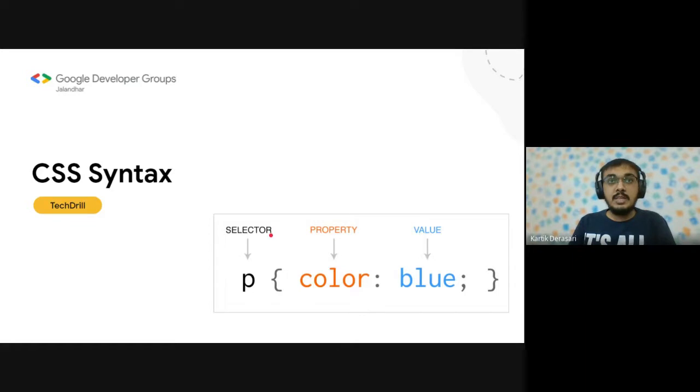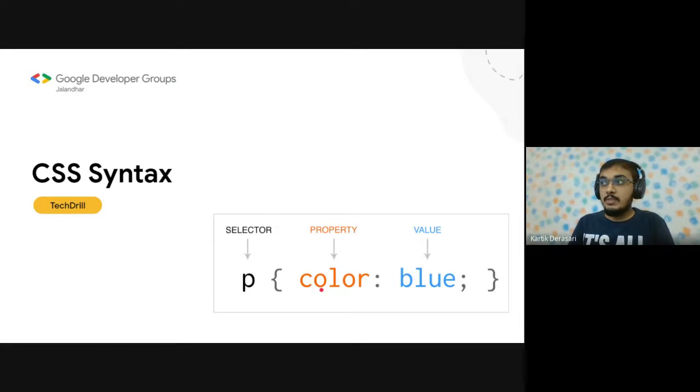Next, we have the declaration block. Everything inside the curly braces is the declaration block, and it contains one or more declarations separated by semicolons. We have written one declaration over here, and if you want to write another one, we can do so by separating them using semicolons. Each declaration has two things: a property name and a value.